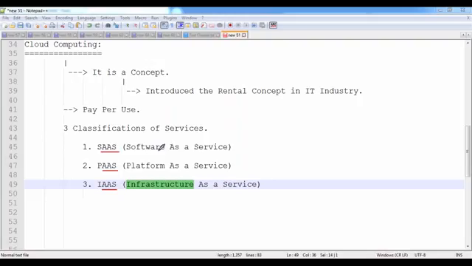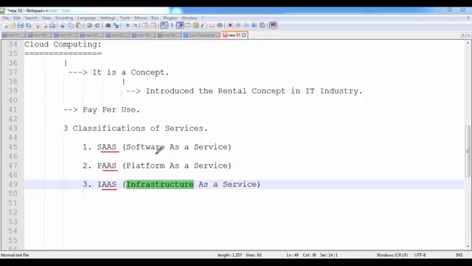If you want to make calls, then we need a mobile device. Mobile is a product. How can we utilize the mobile? By purchasing the product. What is the cost of a mobile? 10,000 rupees, 20,000 rupees, 1 lakh rupees. So what happened? If it is a product, there is a huge investment. If it is a service, less investment. We can take it on a rental basis.